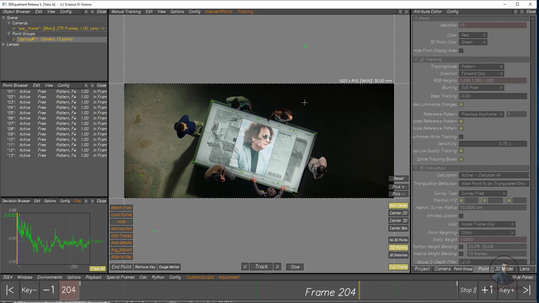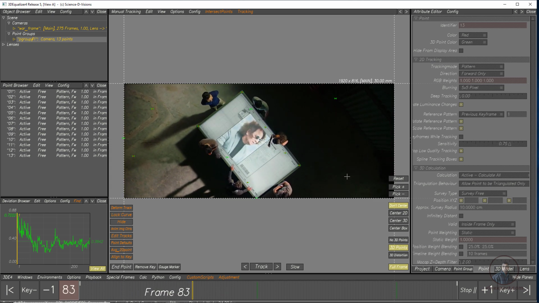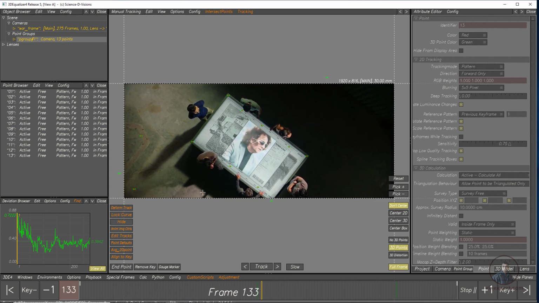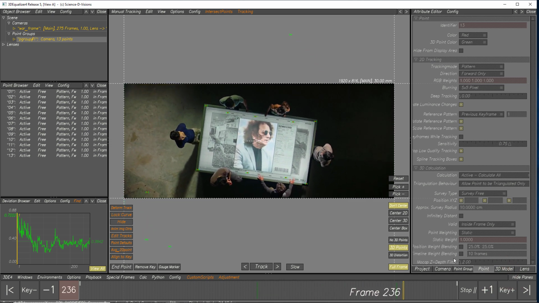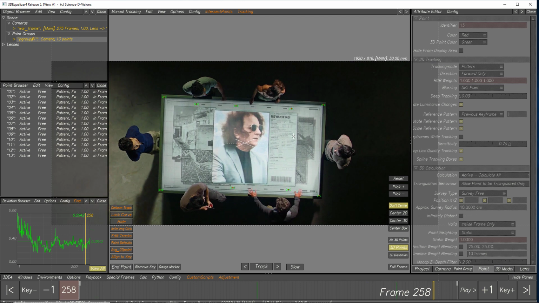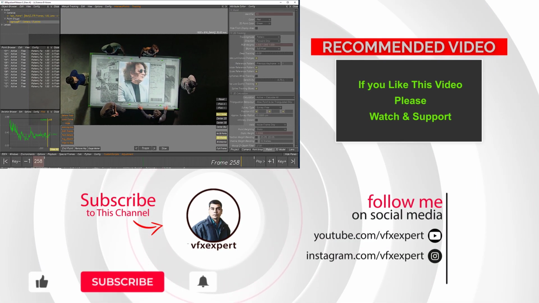So till here we have tracked our shot. You should also track more points if possible for perfect solutions. So just stop here. In the next class we will continue on the same project. After this we will enhance our camera and orient our scene, and we will also create 3D geometry according to this frame.